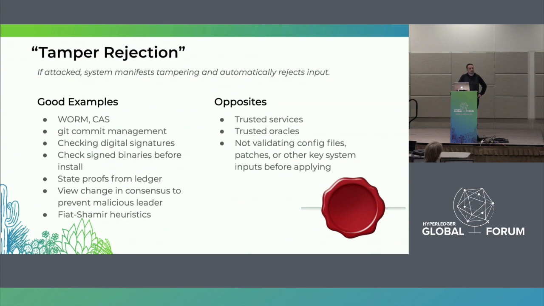The way that Git manages commits is actually an example of the tamper rejection pattern. You can change a Git commit, little known fact, but it's quite hard to change it in a way that doesn't also change the commit hash. And that's by design, and that's a very good thing. So we know whether the commit is the same one that we were thinking of. The simple act of checking digital signatures usually is evidence that somewhere there's a tamper rejection pattern that we're trying to implement and surface. Not always, but usually. Checking signed binaries before we install something.